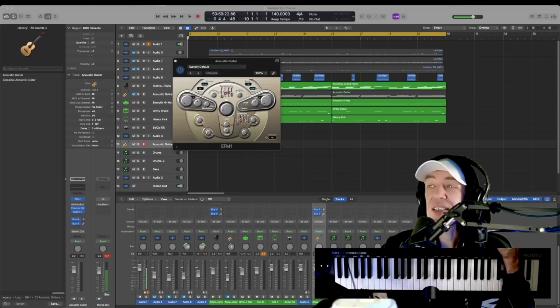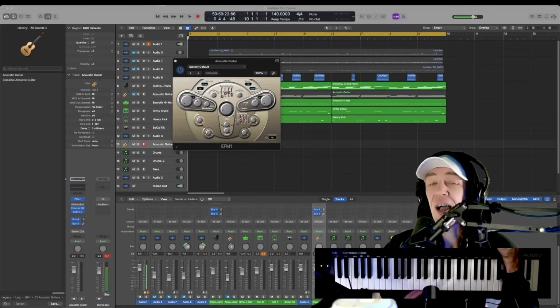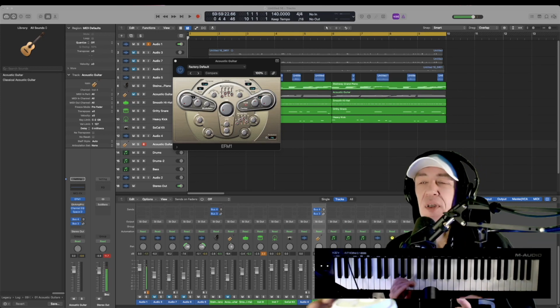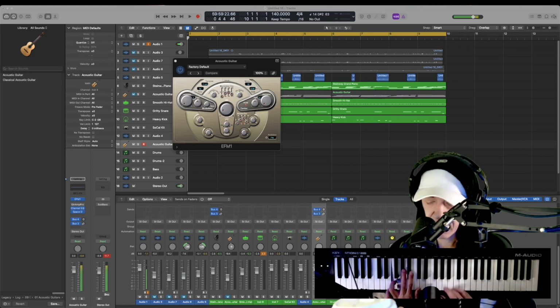How to use the ES, EFM, Evoc, and Retro Synths in Logic Pro X. I tend not to use these actually, because I find that Alchemy and Sculpture has all these and more, and you can do more with them. However,